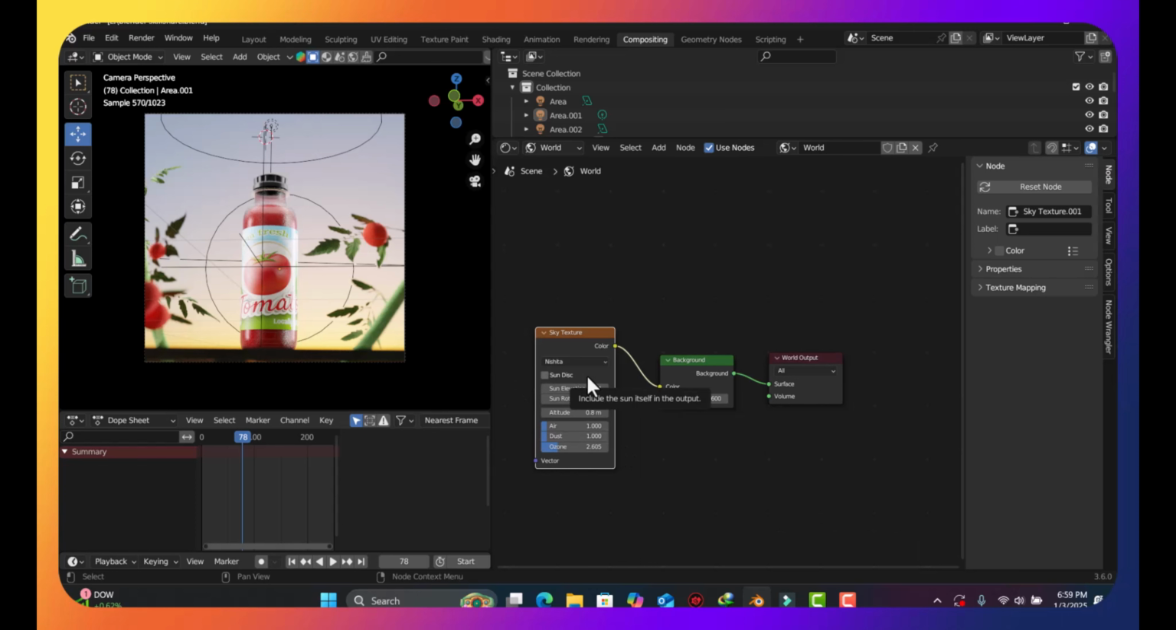That's your node, which is the sky texture, which uses the Nishita model. There are also other parts of it, Preetham and Hosek-Wilkie. I have never used those before. Alright, so that's how I was able to create this scene that you see here in Blender,